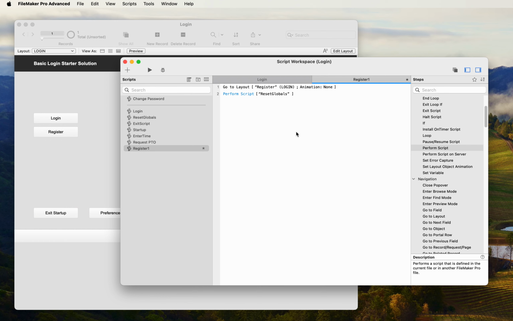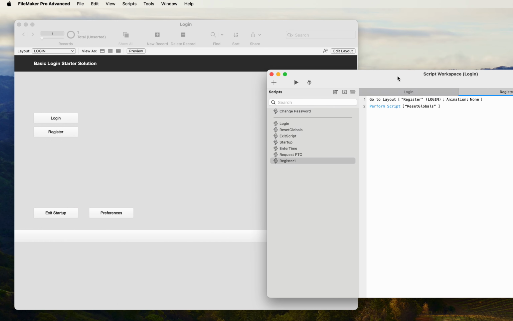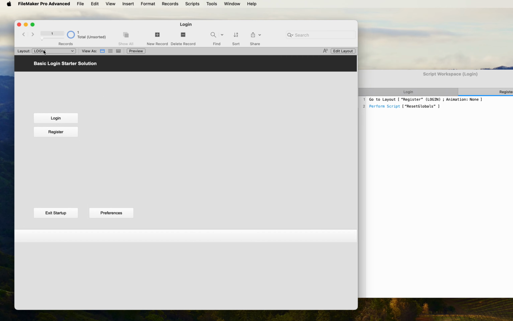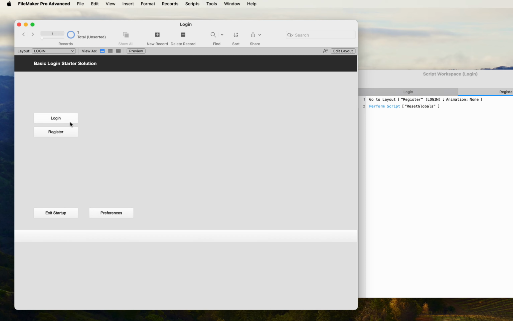All right, so time to pause and test what we've done. Well, in order to test what I've done, what I want to do is pop over there and put something in these. So I'm going to put John Smith. Okay, and then I'm going to go back to my login screen, and I am going to attach that register